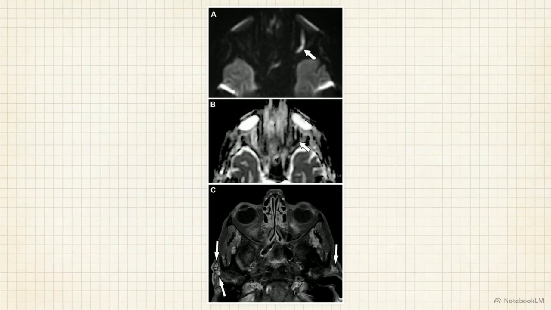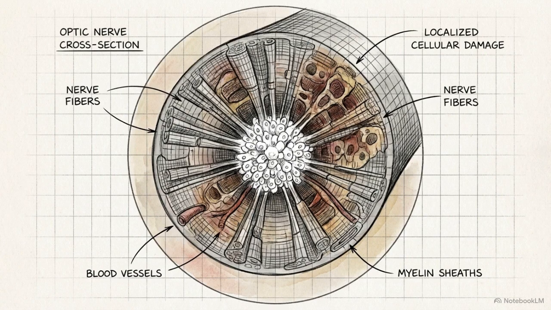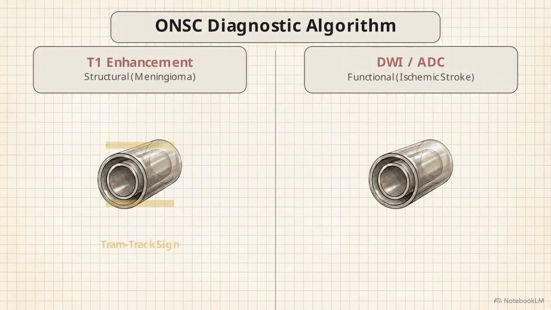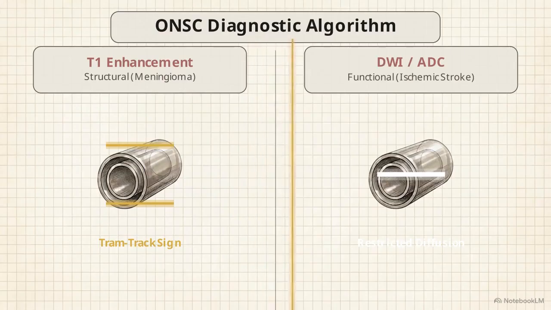These axial scans show diffusion-weighted imaging, or DWI, and its corresponding apparent diffusion coefficient map acting as the critical tiebreaker for internal nerve damage. The bright, localized restriction you see within the left optic nerve pinpoints the exact location of cellular death and ischemia within the nerve fibers. Within the ONSC, contrasting T1 enhancement against diffusion-weighted imaging separates a structural tumor on the outside from an acute ischemic